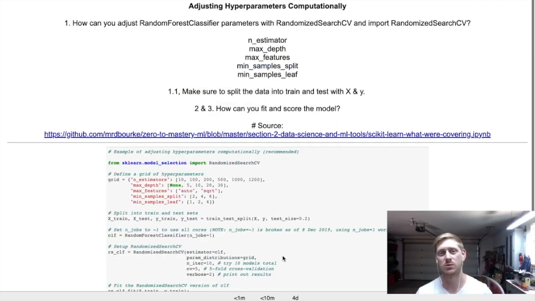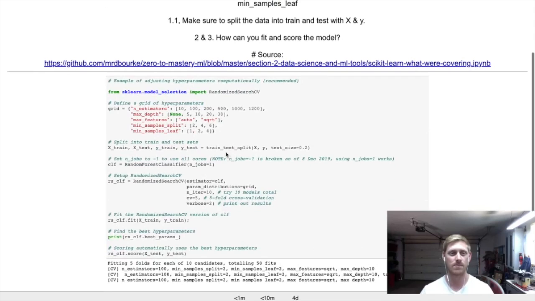What we have in front of us is that we're going to be working again with Scikit-Learn. Yesterday, what I eventually ended up working on is using RandomizedSearchCV to tune hyperparameters for a classification model, in particular for our random forest classifier. We were able to create our RandomizedSearchCV with our estimator, create a dictionary for our param distribution, and iterate through the data 10 times, and then we did each of those iterations on five different